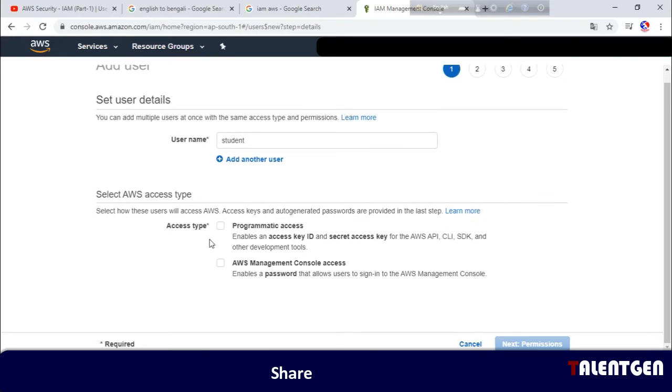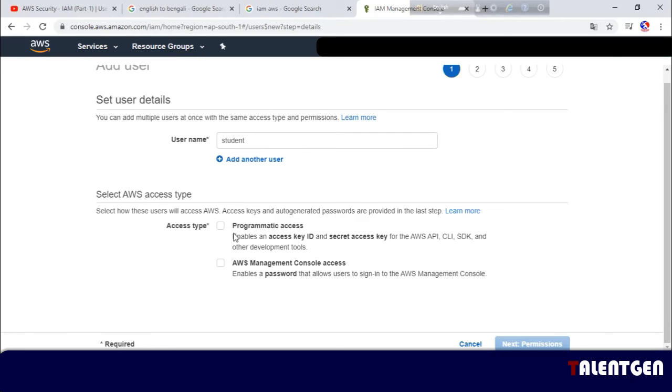Select the AWS access type. Number 1 is programmatic access. Number 2 is Amazon's management console access. Basically, we are logging in using Amazon's management console access.